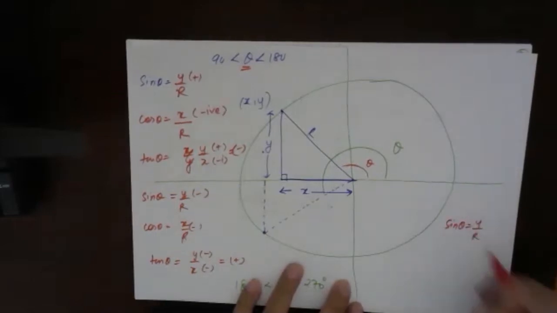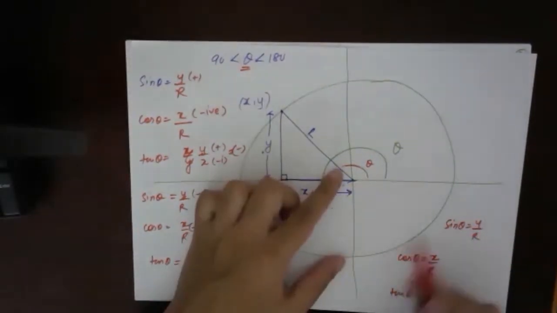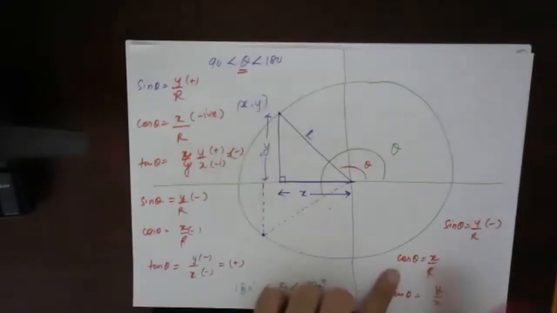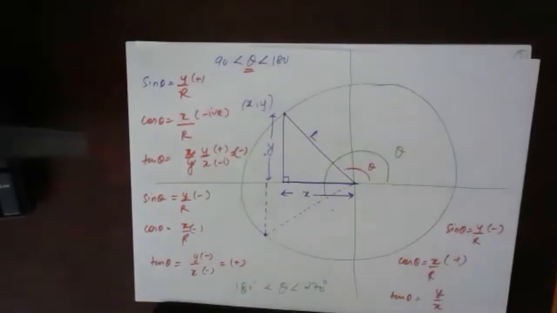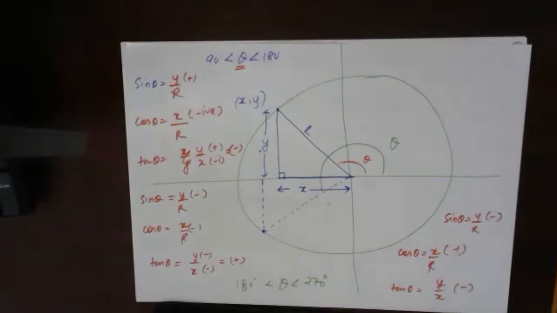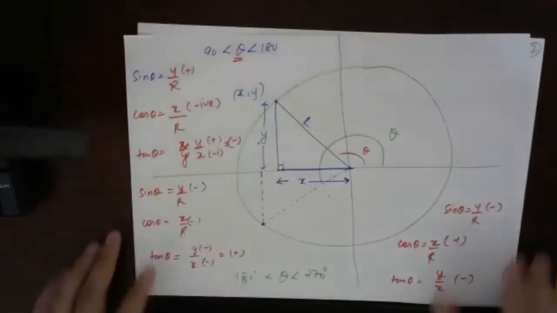in the fourth quadrant, sine theta is equal to y upon r, cos theta is equal to x upon r, and tan theta is equal to y upon x. Any point here, sine theta will become negative because y is negative. Cos theta will become positive because x is now positive, and tan theta is negative upon positive, so this will also be negative. Understood? Now you can tell the sign of these ratios. So first, everybody understood how we are getting plus and minus.